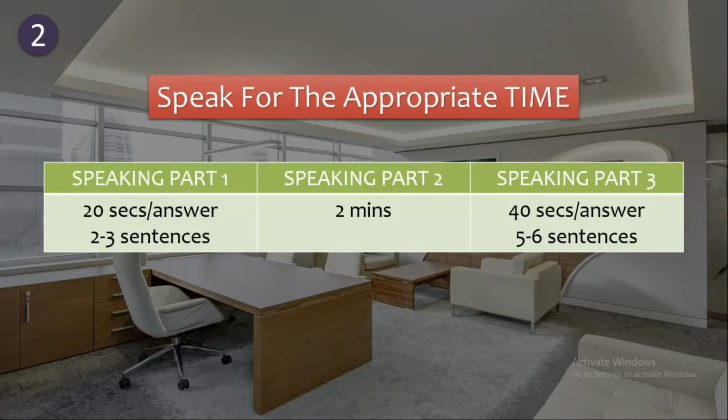For that, you need to practice using a stopwatch. When you keep practicing like that, you will get an instinct of how much time is 20 seconds or 40 seconds without even looking at a watch. I've explained the best structure to answer speaking part 1, 2 and 3 in the playlist above, so do check